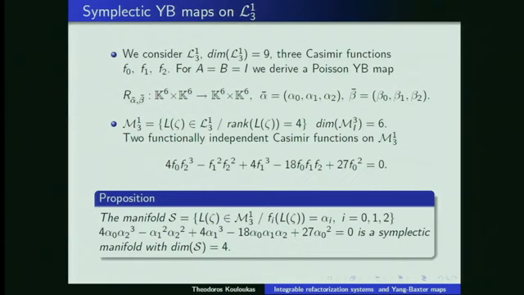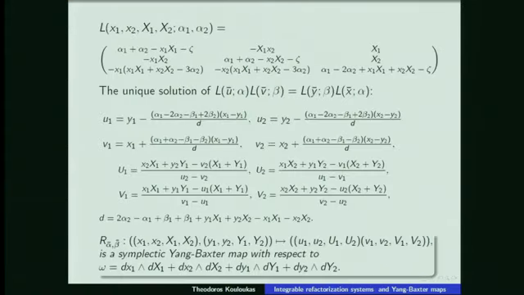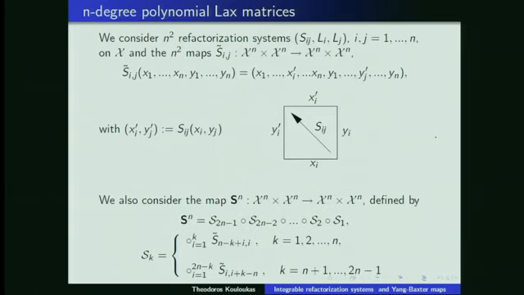Okay, I have an example on L3-1 with 3 by 3 polynomial Lax matrix, but I think I'll skip it. We reduce again, but now we can reduce to lower dimensional symplectic leaves in order to have a 4-dimensional Lax matrix. This one, and this map again is a Poisson map. Now, in order to proceed to construct higher degree polynomial Lax matrices,